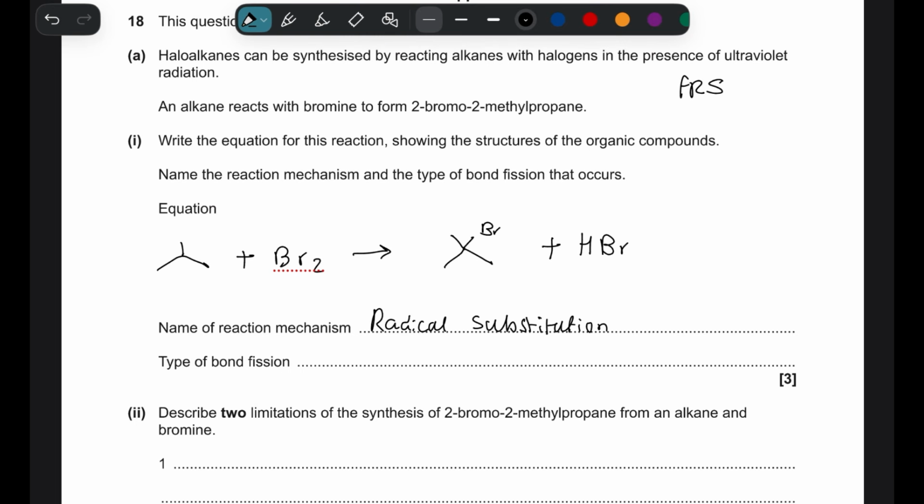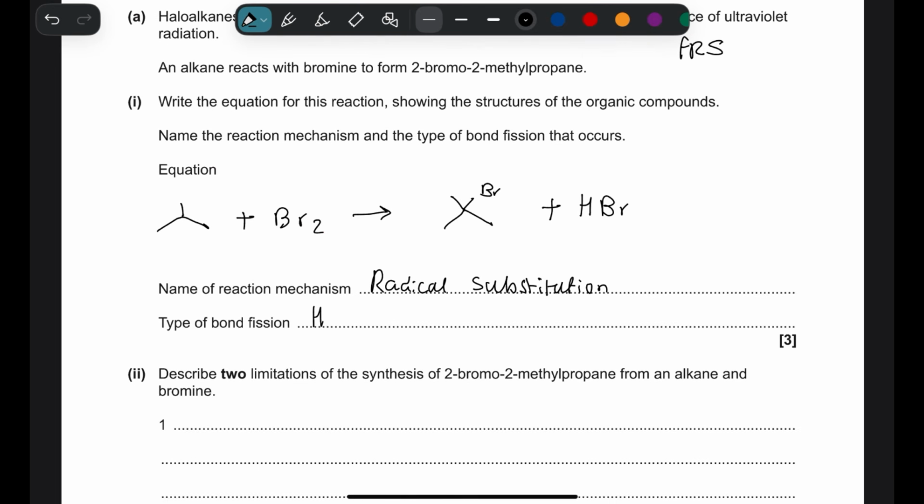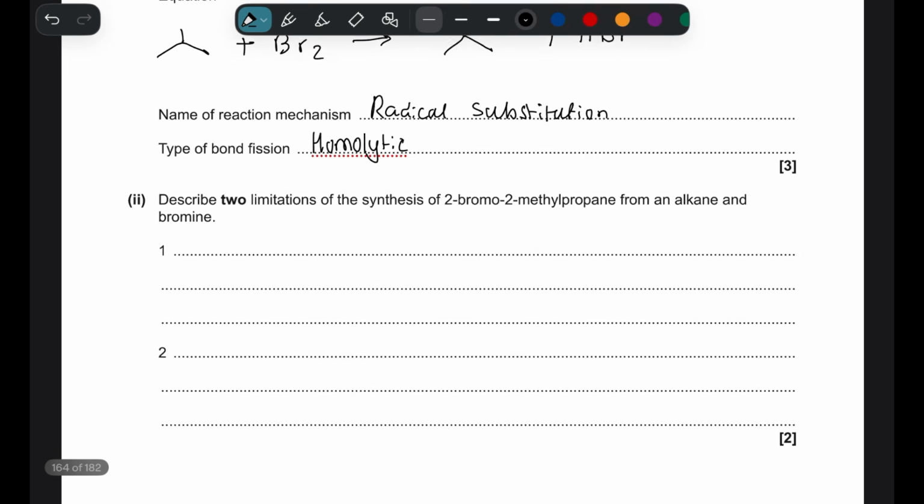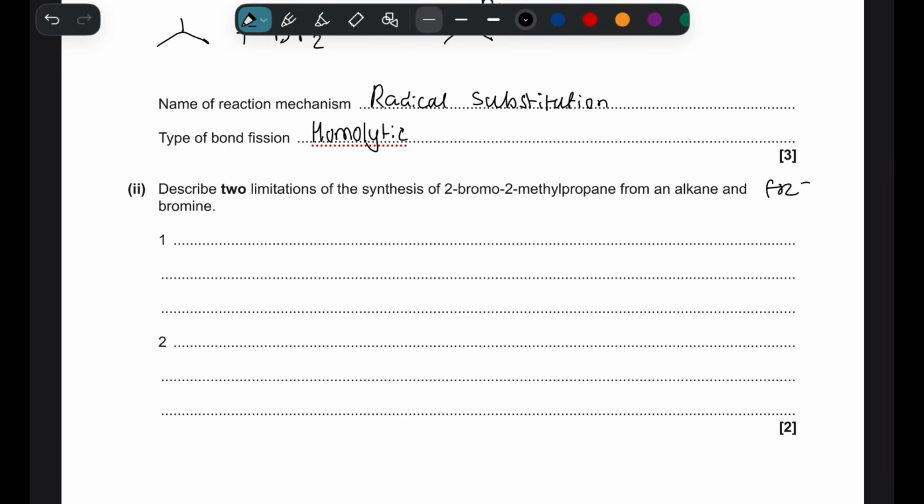And then in terms of the type of bond fission, you need to know this, yeah? In terms of radical substitution, it's always homolytic fission. Most other things are heterolytic, but specifically free radical substitution, you are always going to say homolytic fission. Okay. Now, in terms of limitations of FRS, literally what they're asking you is